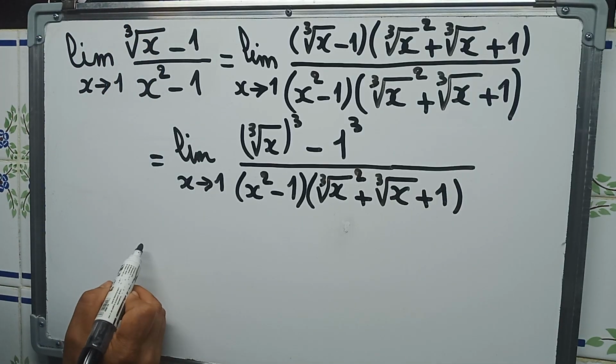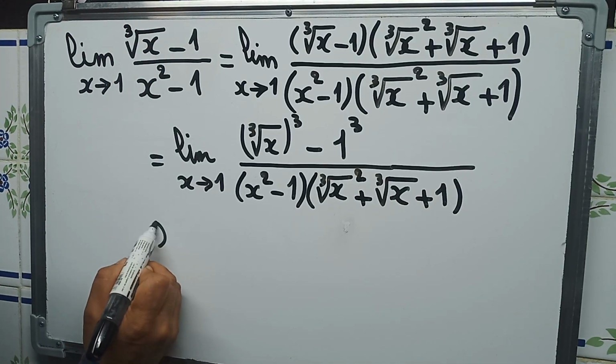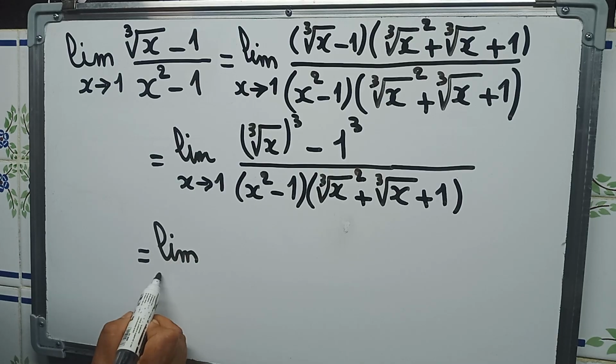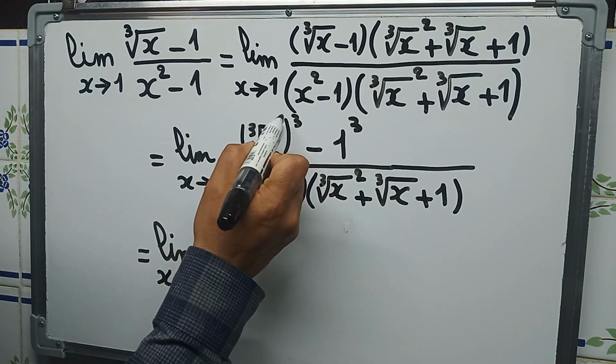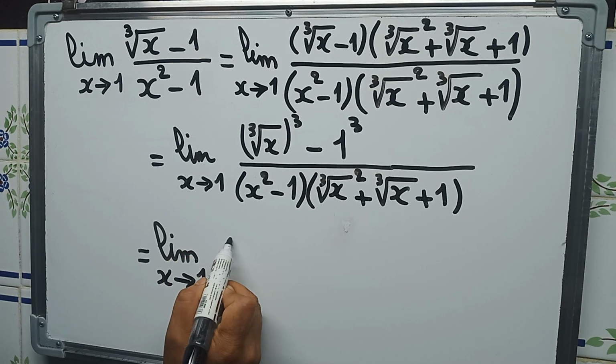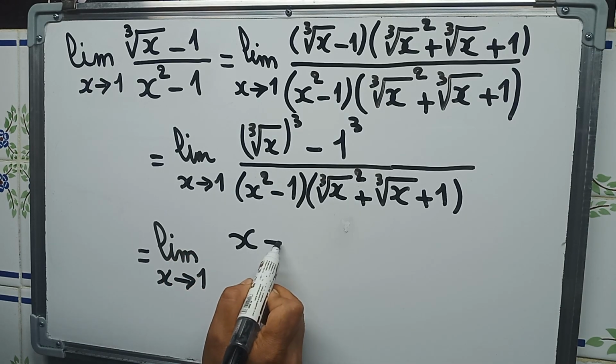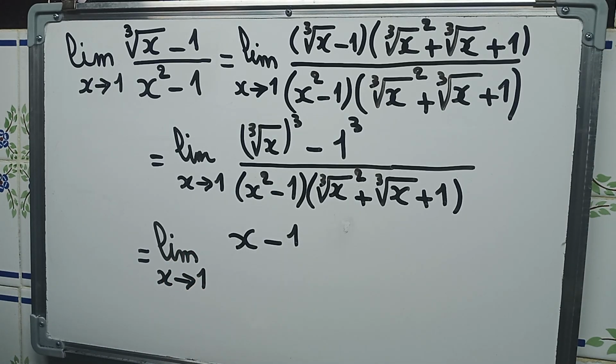Which is of course equal to the limit as x approaches 1 of, here, this cube will cancel with the cube root, so it's x minus 1 cubed is just 1,